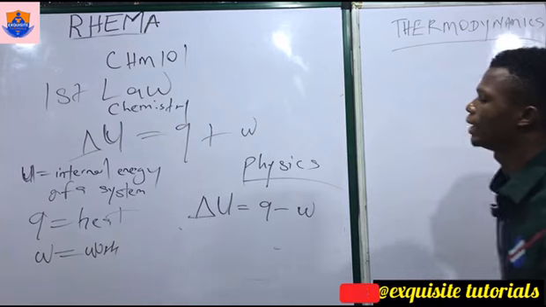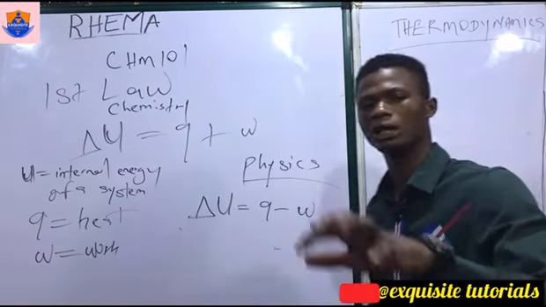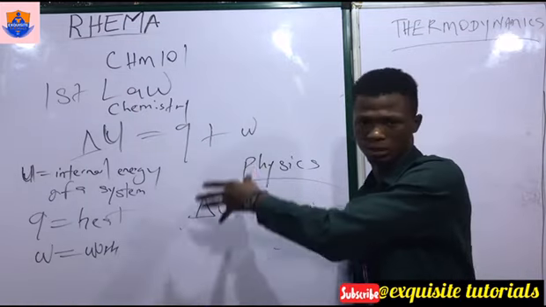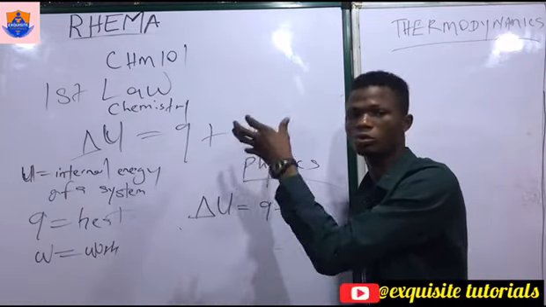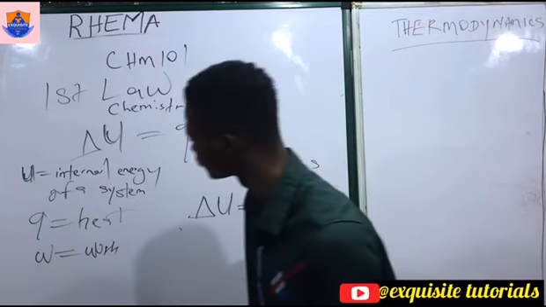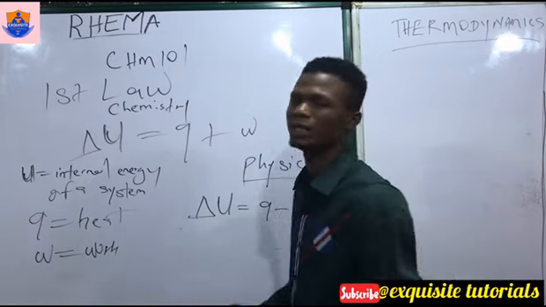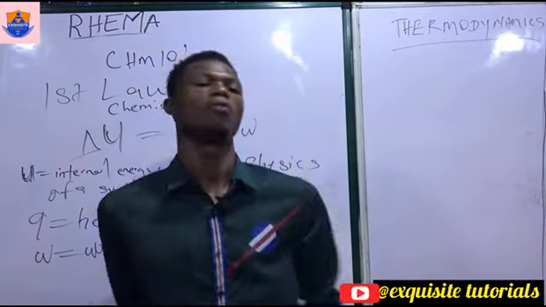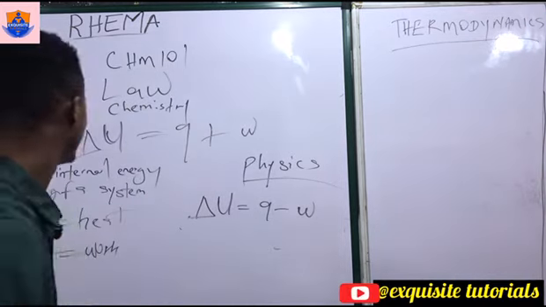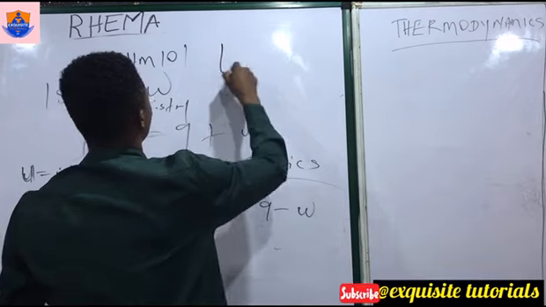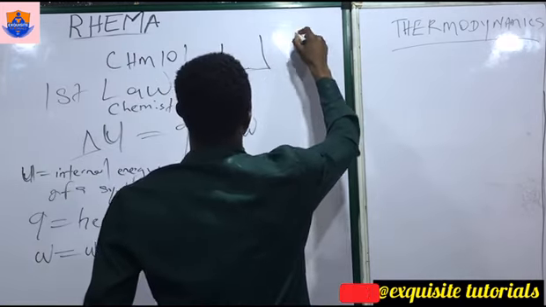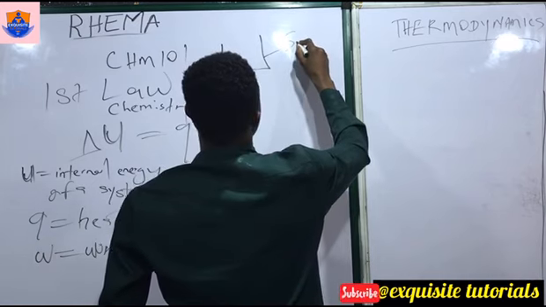Now, the difference why internal energy in chemistry and internal energy in physics is different. Remember, this is a chemistry class. We are focusing on chemistry, but I just want to explain something for you that you will meet in your physics class. The difference here is the point of view. When we are studying chemistry, we are studying the point of view of the system, just like I explained to you. Now, this is the system, and this is the surrounding.